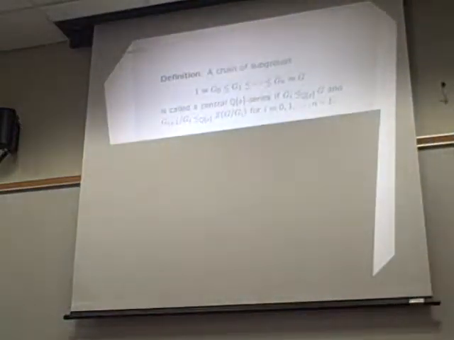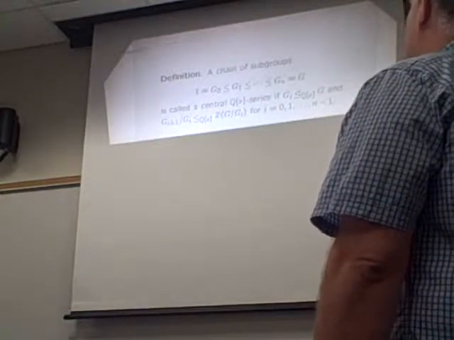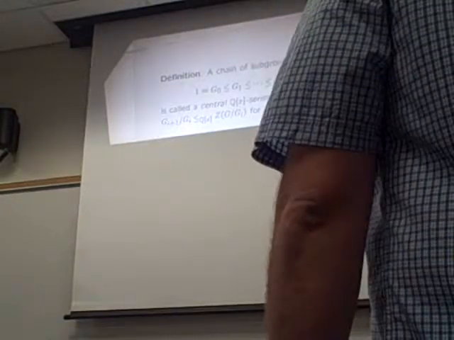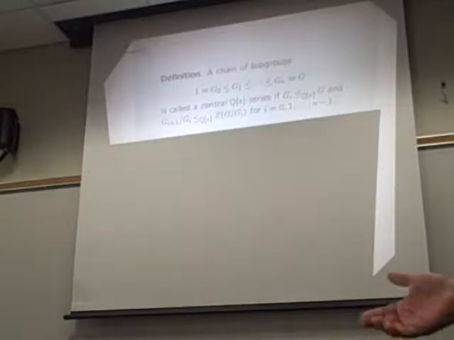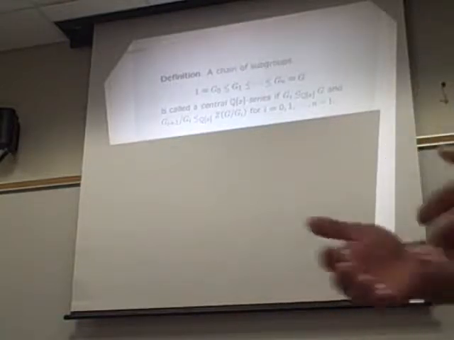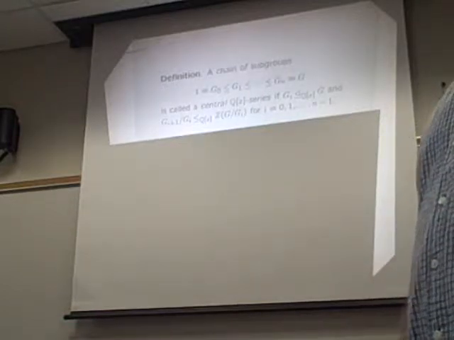Okay, if you have a chain of subgroups ascending from G0 to Gn, then it's called a central QX series if the following conditions hold. Each Gi is a normal subgroup in the QX sense in G, and also the factor groups Gi+1 mod Gi are QX subgroups of the center of G mod Gi. You'll notice, if you have experience with nilpotent groups, that this is just a generalization of central series. Again, if you're not really familiar with nilpotent groups, a lot of this is going to be extremely fuzzy.